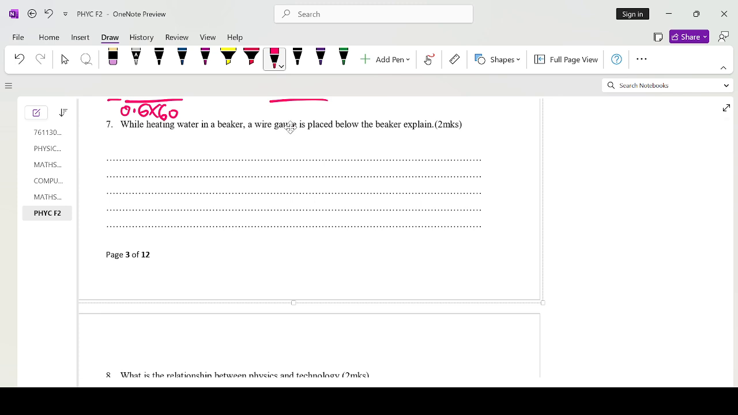Remember, learners, a wire gauge is a good conductor of heat. It will absorb the heat from the source of heat, then spread it to a larger surface area. Once it gets spread to a larger surface area, the glass will gain the heat uniformly, on all the surfaces, therefore preventing it from breaking. So we can reframe our statement and say, when heating, a wire gauge is placed below the beaker. Explain. So you say,